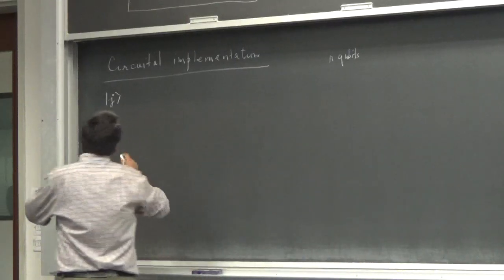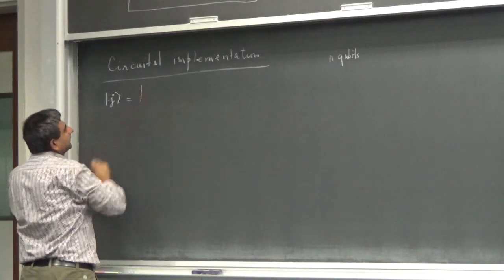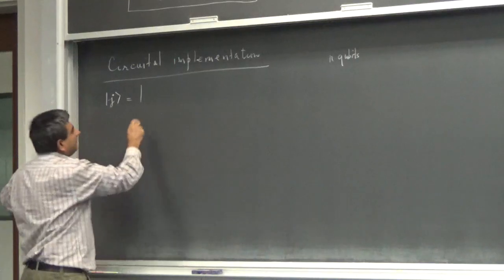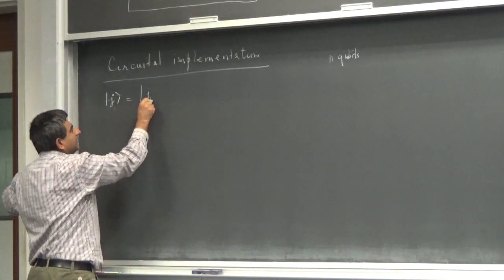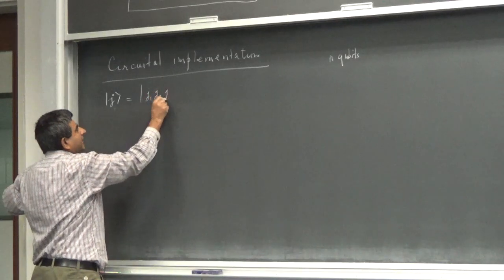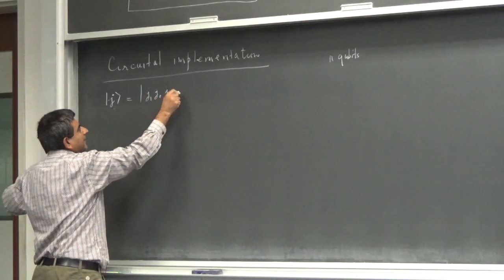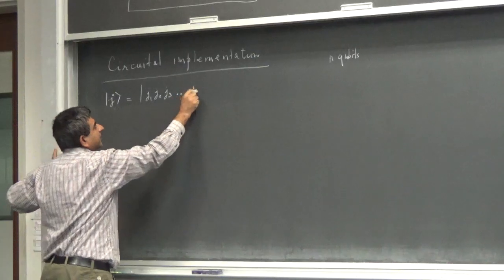Really this state is a shorthand decimal notation of j1, j2, j3 up to jn,